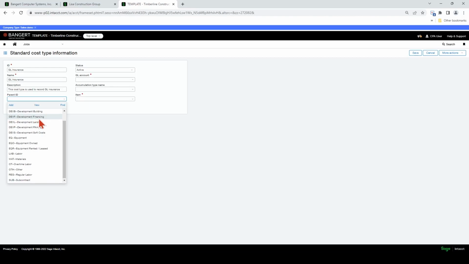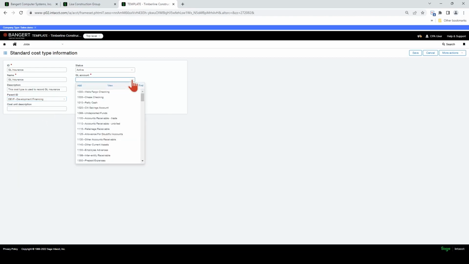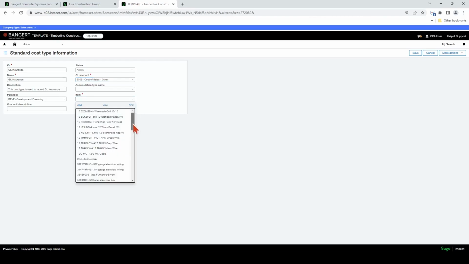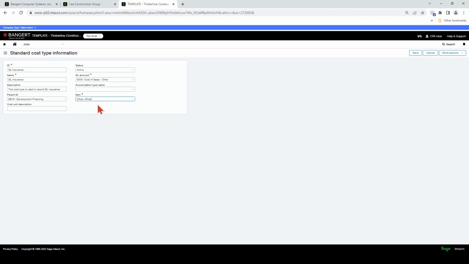Just as an example, if I wanted to put this under development financing, let me get some other fields filled out here. You need to pick a GL account, or a GL insurance, might put it there. And let's just put it to other in the items. The items would be your sales and purchasing items, and you have to pick one there.